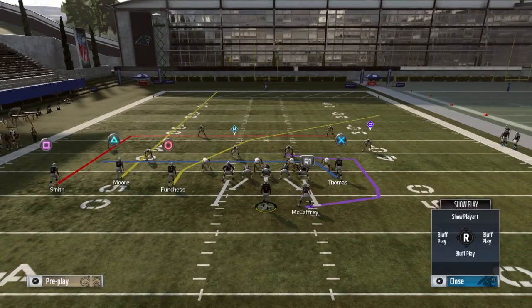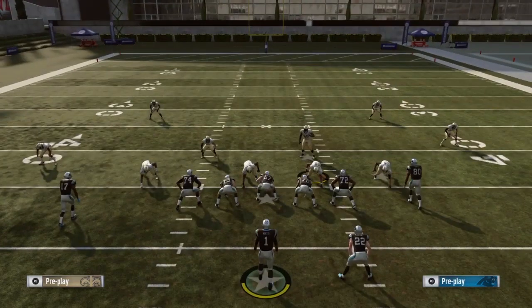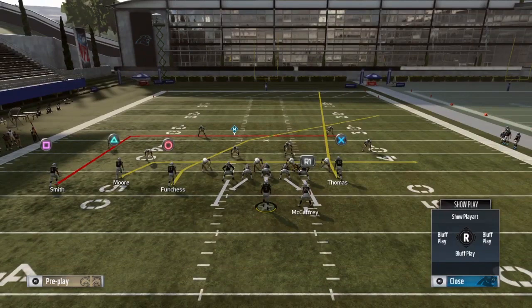So we have a somewhat meta play in Dagger. It's pretty good because it changes up who runs that crossing route. So a popular setup for here is to just fade the tight end and then pull the slot receiver on the drag. Now, the reason why I like this defense is, like I showed you earlier, the pass rush is